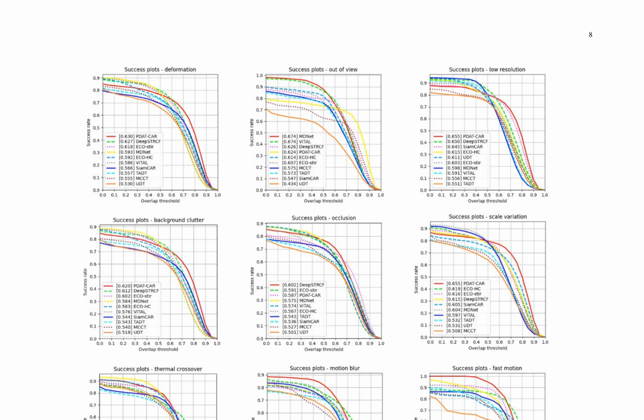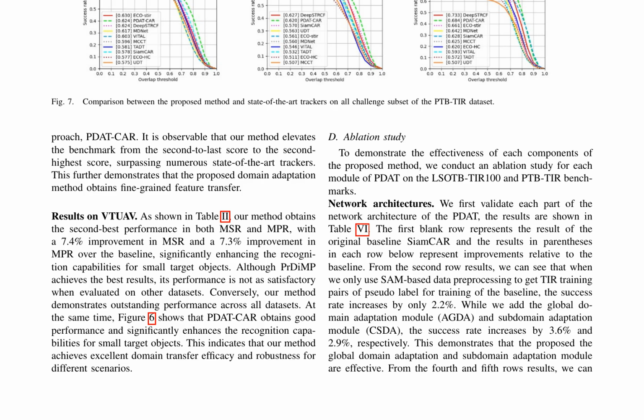The authors also conduct an ablation study to demonstrate the effectiveness of each component of the proposed method. The results are shown in Table V, which indicates that the Global Domain Adaptation Module, AGDA, and Subdomain Adaptation Module, CSDA, are effective in improving tracking performance. Overall, the proposed PDAT method shows superior performance in various tracking benchmarks and demonstrates good domain transfer capability and robustness